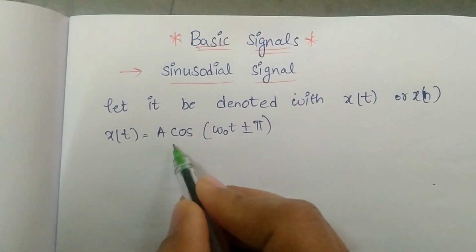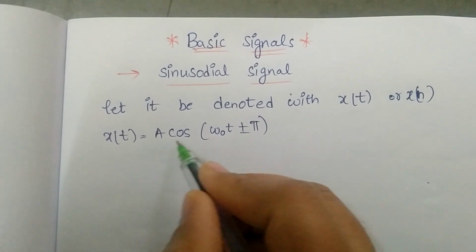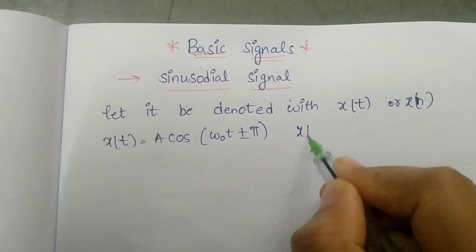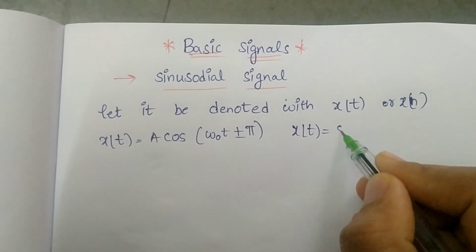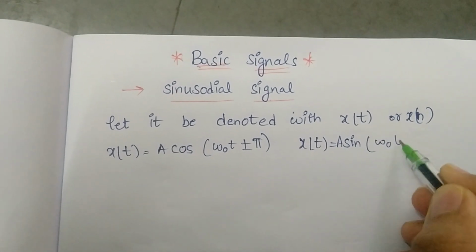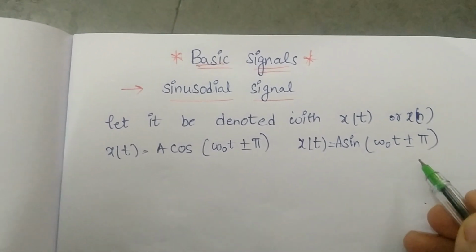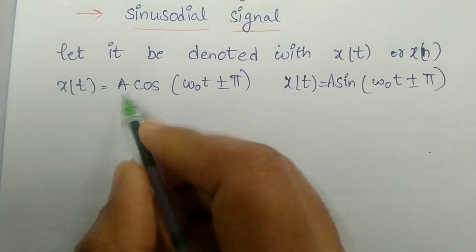x of t is equal to A cos(omega naught t plus or minus phi). This is in cos. x of t is equal to A sin(omega naught t plus or minus phi). This is the sine representation. Okay, and next we know about the